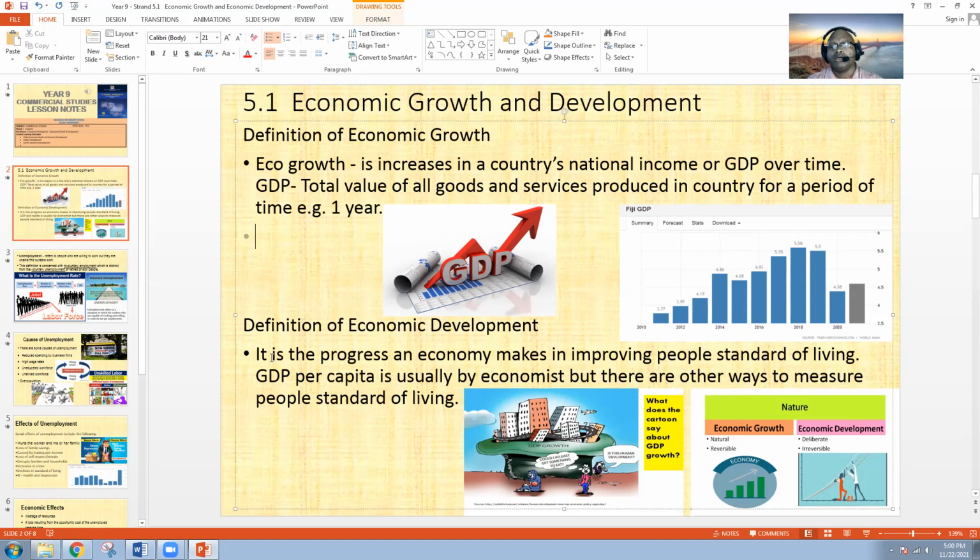You'll learn more in economics. It shows the growth in income of the people, or the share of what people are able to enjoy in goods and services, interpreted as an increase in standard of living. The next one